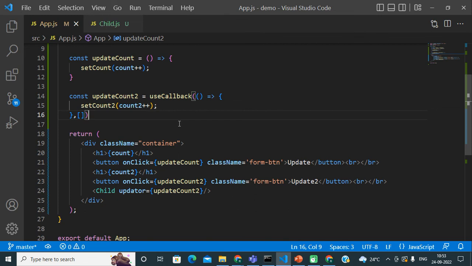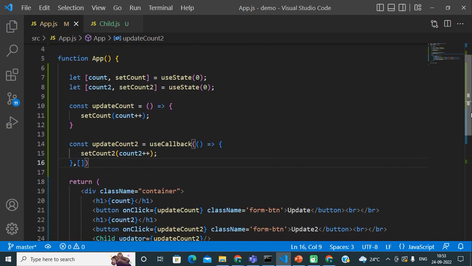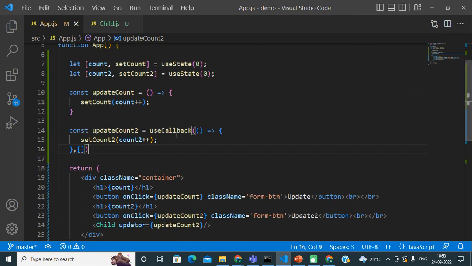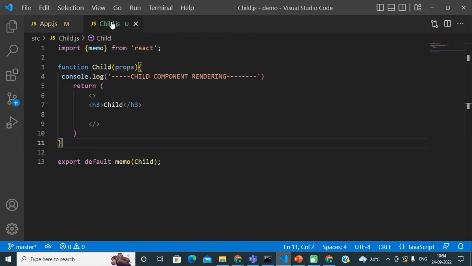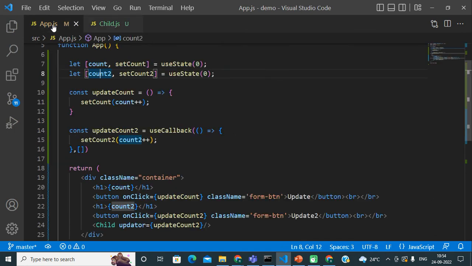If we pass any parameter in this array, let's say I have two component states, count1 and count2, and my requirement is that on change of count2, my child component should get re-rendered, but if I change count1, my child component should not get re-rendered.